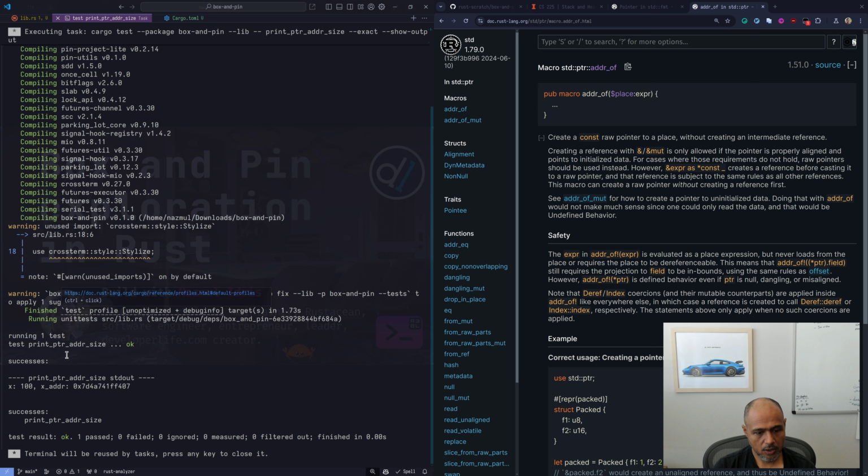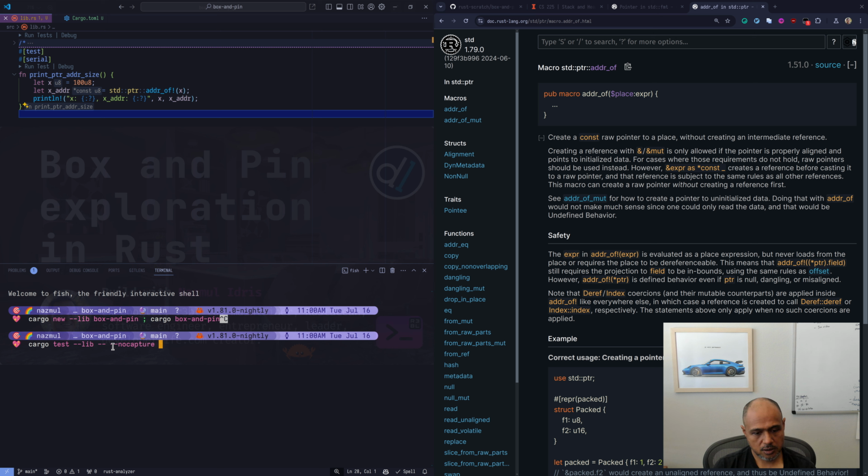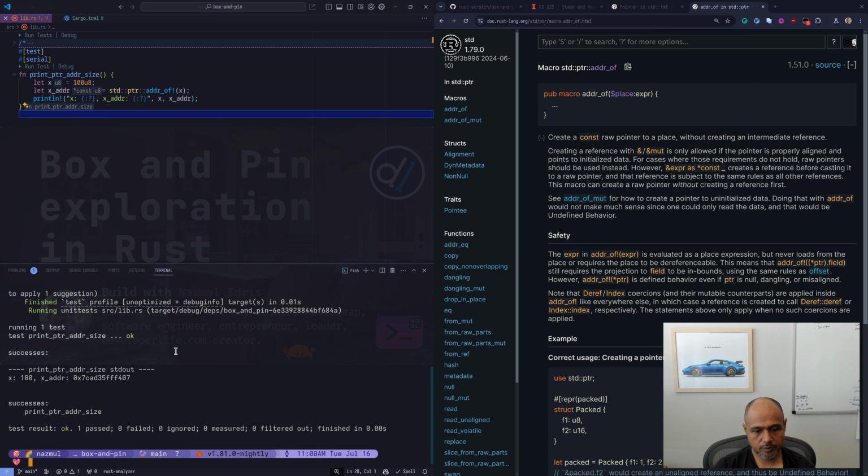Actually, let's do this instead. We can say cargo test, no capture, to actually show output, and we want whatever, print. I'm just running this test in the terminal so that I don't have to keep closing the windows that VS Code pops up. Here we have, let's clear the output. Okay, so we have